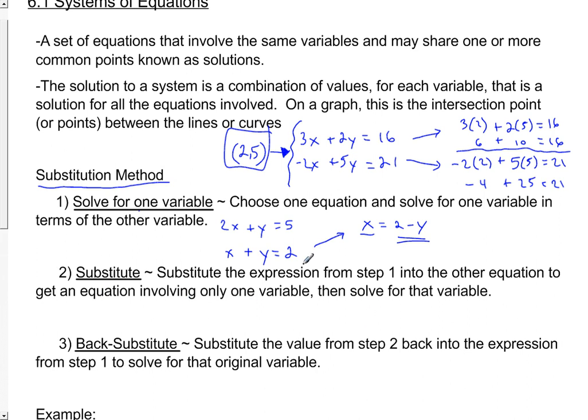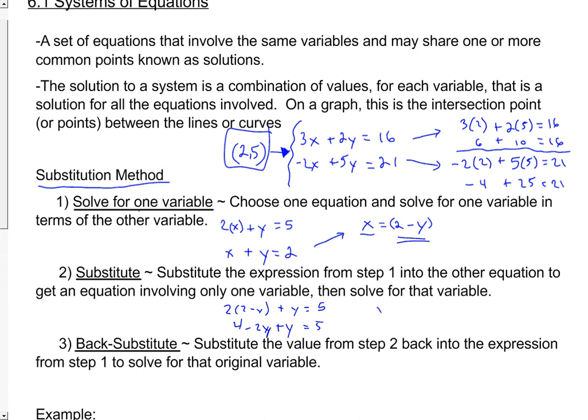and then we would solve for that variable. So I would take, in this case, the 2 minus y, and I would plug it in for x. So I have 2 times that expression: 2 times the 2 minus y, and then plus the y, equals 5. The only thing I changed was I replaced x with the 2 minus y. And now I would distribute, and I would get 4 minus 2y plus y equals 5. I would solve that